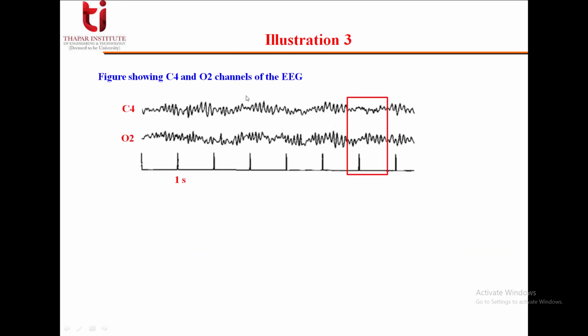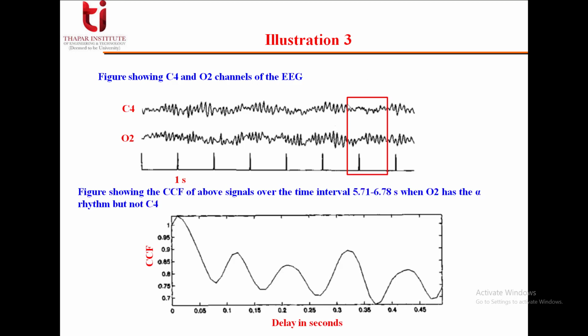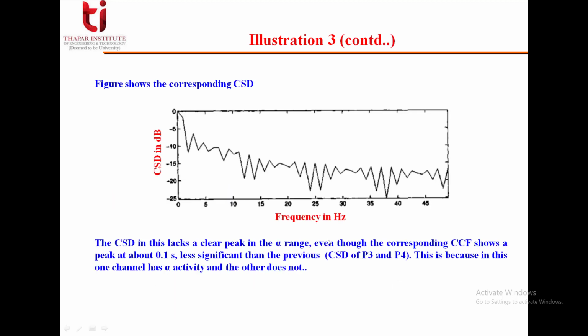These are the signals which we have obtained using channels C4 and O2, and we have taken this window, 5.71 to 6.78 seconds. Here it is clear that in C4 there is no alpha rhythm, but in O2 the alpha rhythm is there. If you compute the cross correlation function of the two, you'll get this kind of function. And if we compute the cross spectral density,